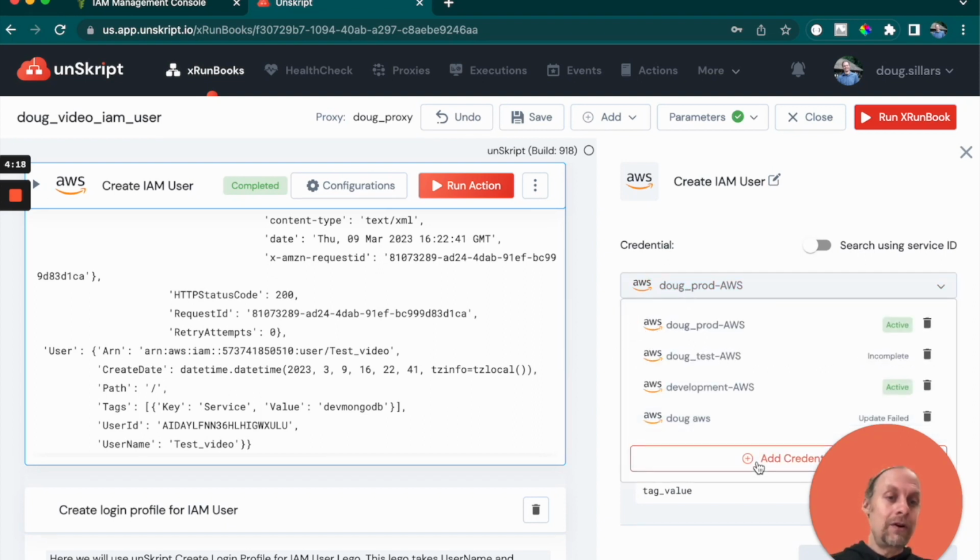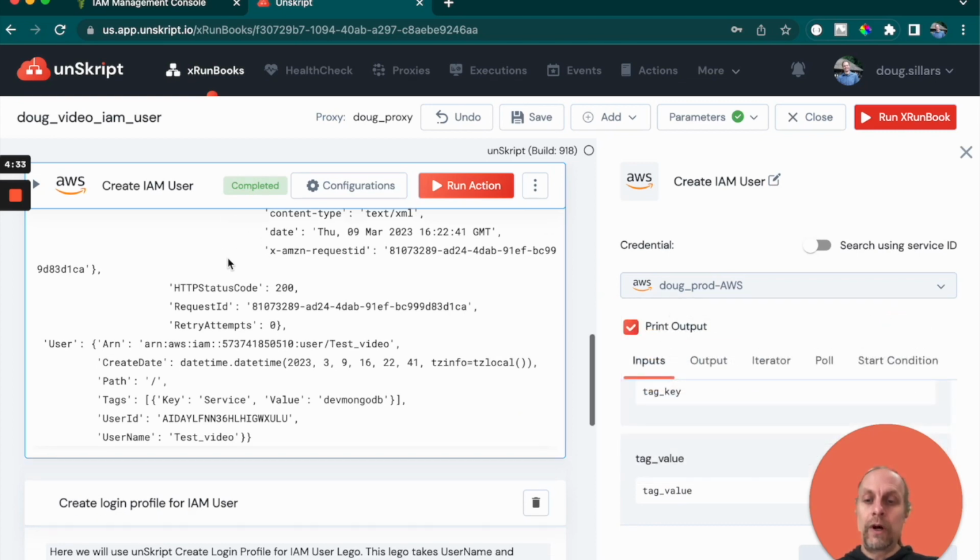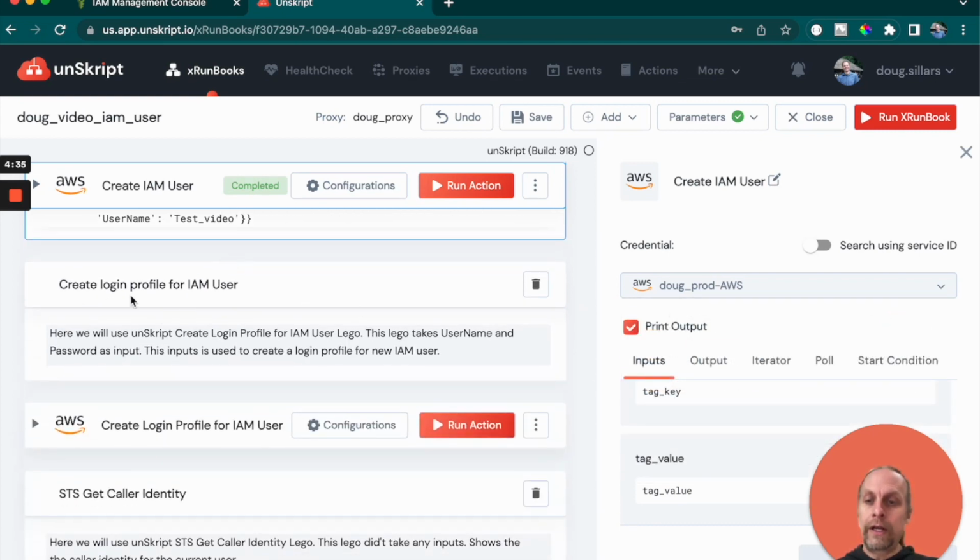You can come down here, click Add Credential, and it'll walk through the steps to add a credential. This is documented on our website, and we'll also have a video on how to configure your credentials in this playlist. Okay, so now we've run the first one, and now we're going to create a login profile for the